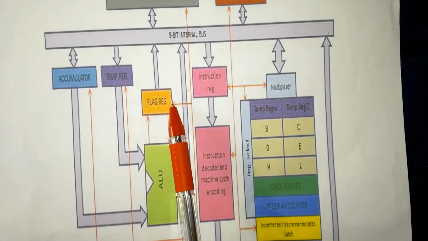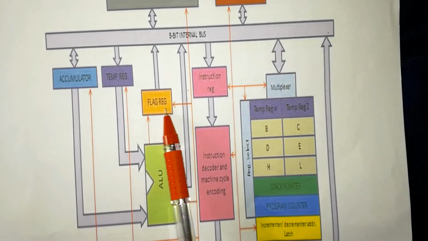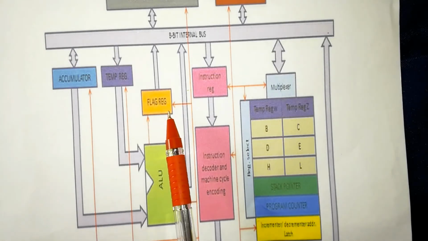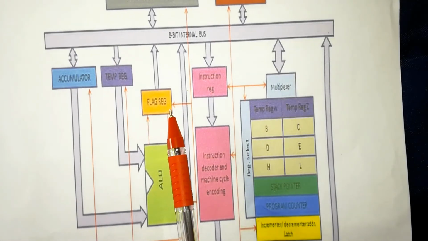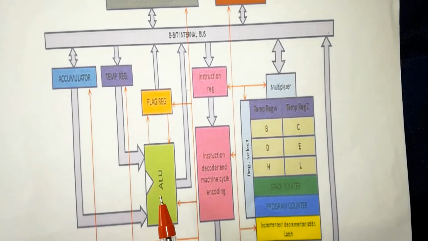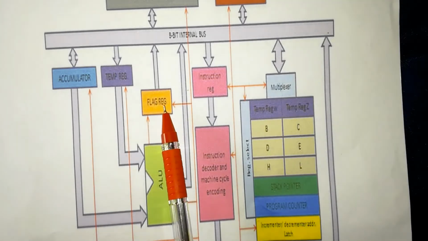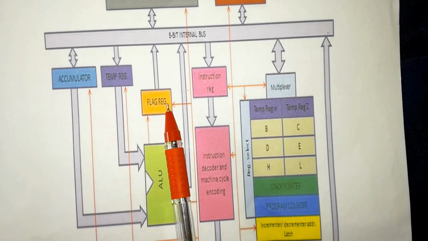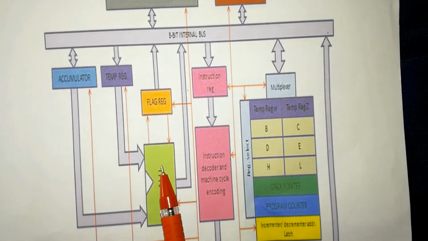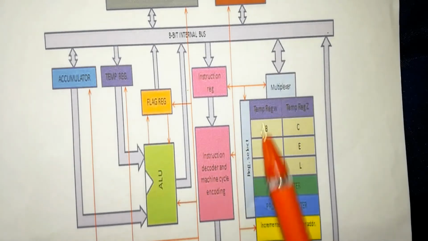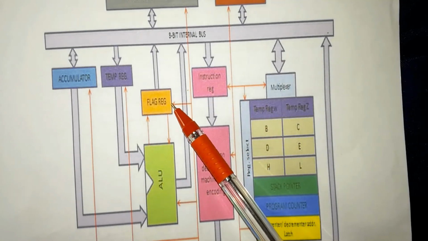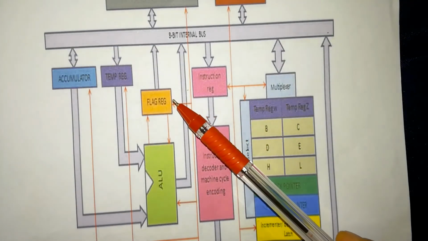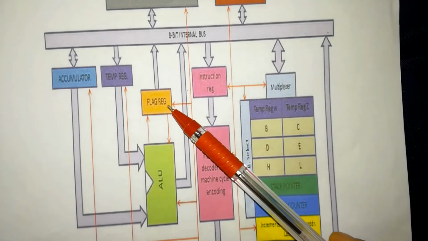Here, a flag register, that is general purpose register, which is of 8 bits. These are also called as single bit status registers, that is flip-flops, and operated by ALU. Their flags are either set or reset according to the answer produced by ALU. These flags are examined in conditional instructions like jump and call. There are total 5 flags: sign flag, zero flag, auxiliary carry flag, parity flag, and carry flag.